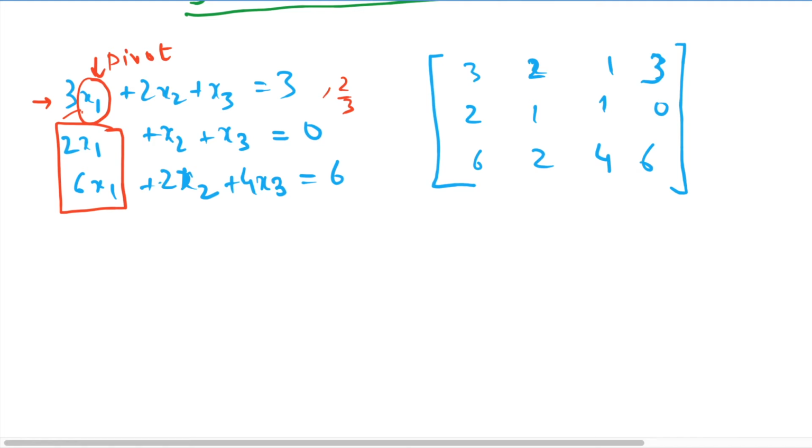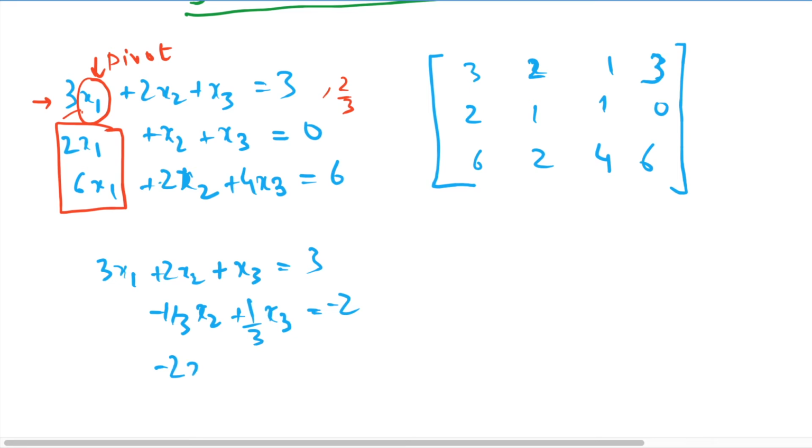This will give me 3x1 plus 2x2 plus x3 is equal to 3, and minus 1 by 3 x2, x1s are gone now, plus 1 by 3 x3 is equal to minus 2, and minus 2x2 plus 2x3 is equal to 0,